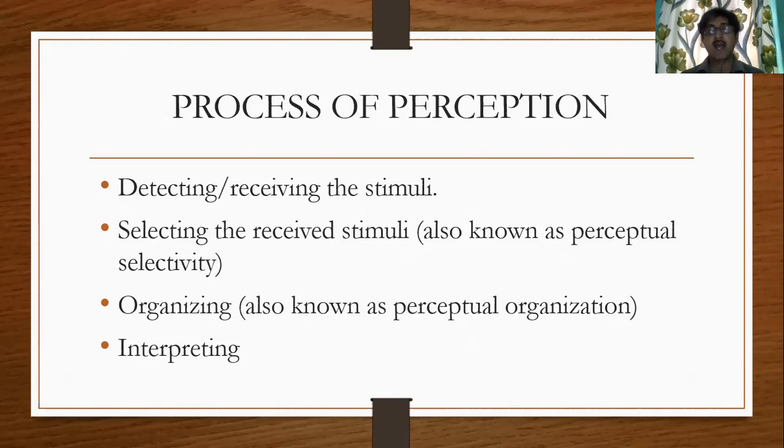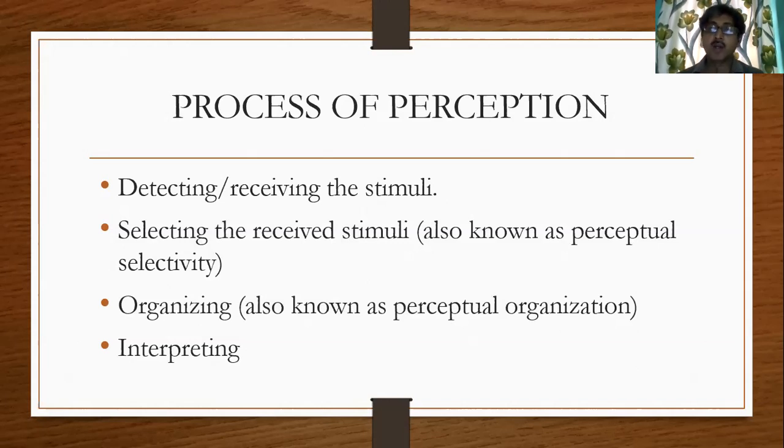He will feel at that point of time that if I touch something which is intensely hot, then I may have a skin burn. And at the same time, he will develop a perception that if the heat is up to the tolerance level, it will not be uncomfortable to me, rather it may help me heal some injury as well. So you are actually making the selection based on your perception. So this is the perceptual selectivity.